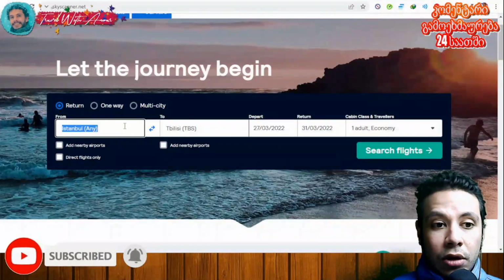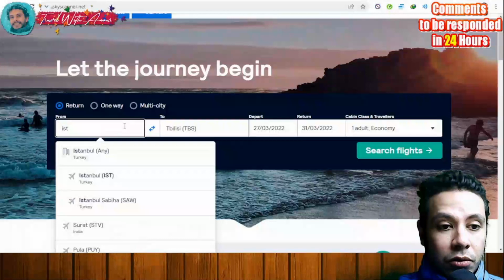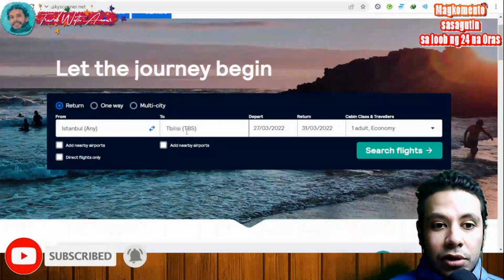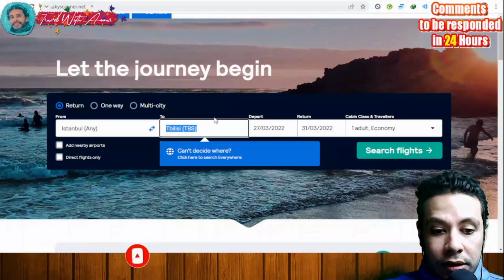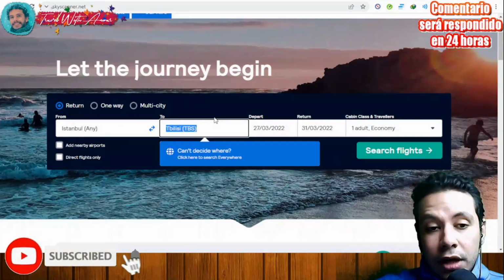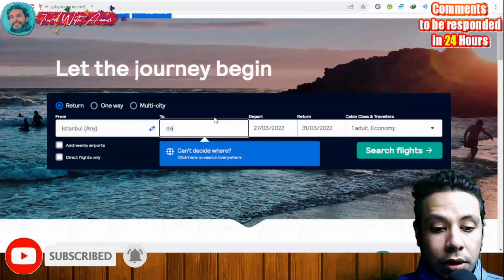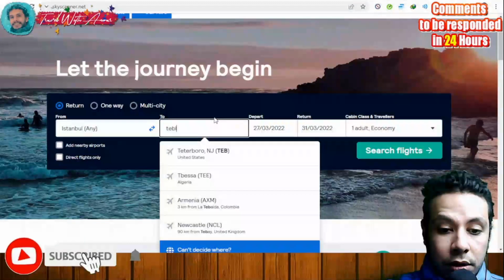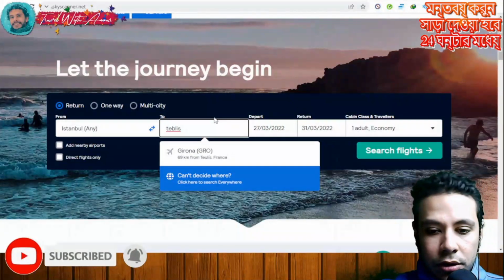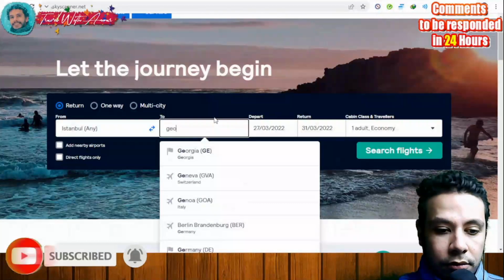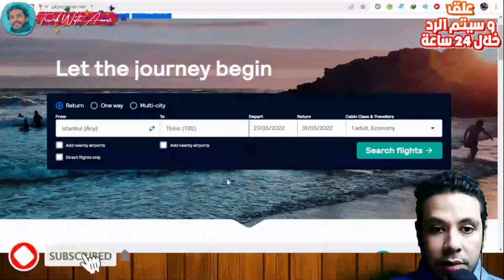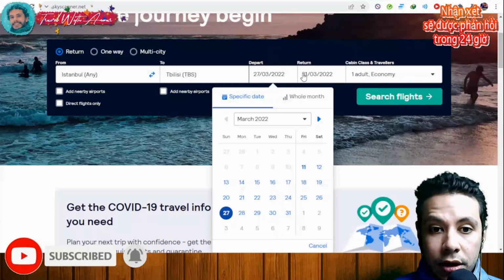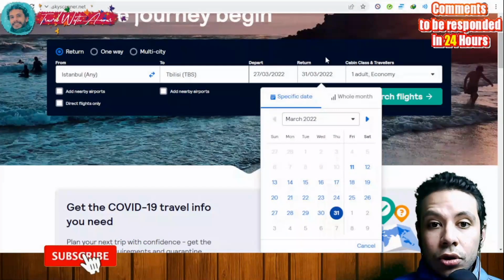So assuming you are going from Istanbul, of course you can choose whatever you want, if it's in Istanbul or Sabiha or whatever airport it is, and returning, what is your destination, where are you going? You're going to Delhi, or you're going to Tbilisi, or whatever, Georgia, Tbilisi. And here you will have to choose your departure date, and here you'll have to choose your return date,